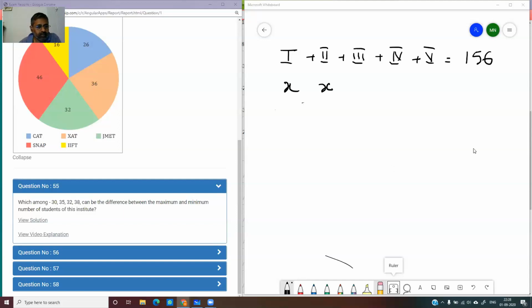Maximum and minimum number of students of this institute. Right. I think it is A union B union C, that's what they're asking. A union B union C union D union E. So that is the minimum. Maximum we will not look at because they have not given those values. They have not given that, so we will not look at that. Minimum we can always find. What is the minimum number of students? Tell me. I think you know what is the minimum number of students.